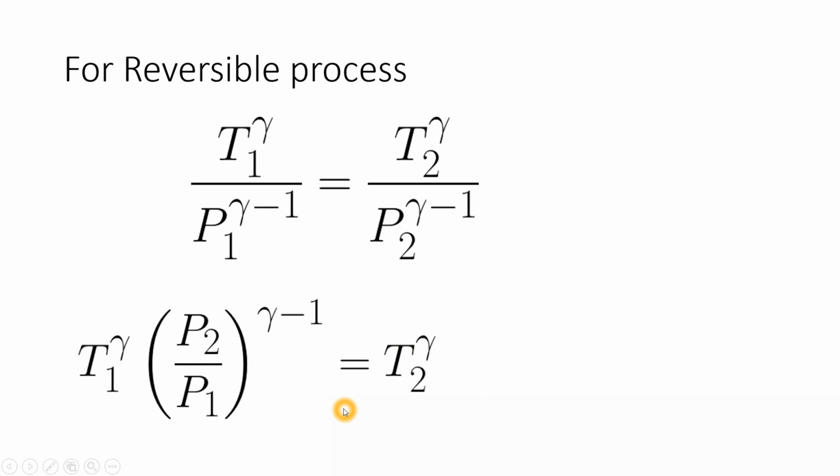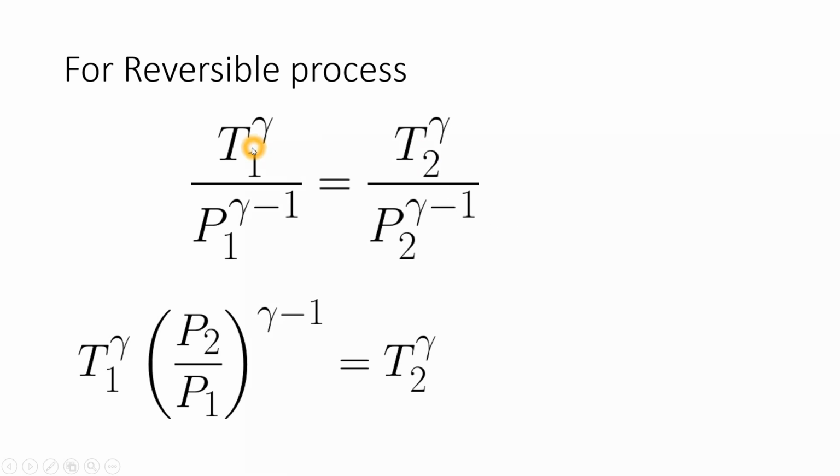Just see here. Remember this. We will use it for an adiabatic reversible process. Whenever we have an adiabatic reversible process, we will use these equations: PV to the power gamma, and the other equations TV to the power gamma minus 1, and T P to the power (1 minus gamma) upon gamma is equal to constant, and we will use one of these adiabatic reversible process equations